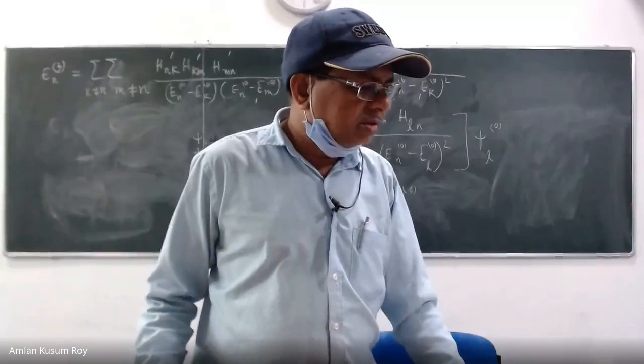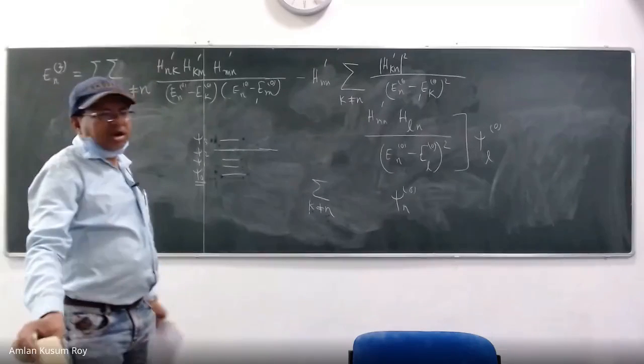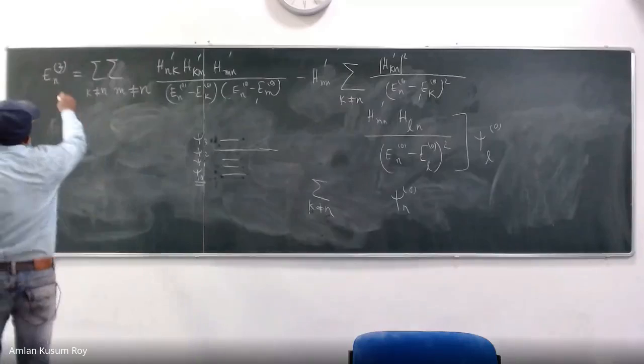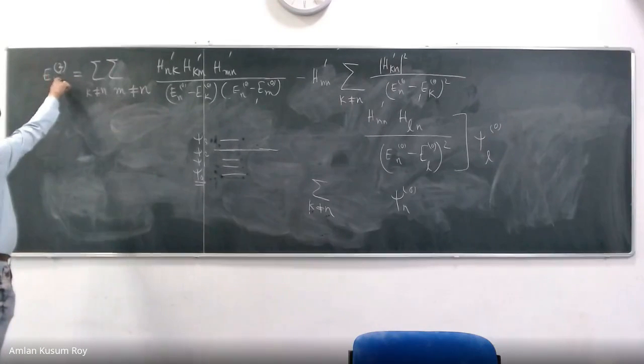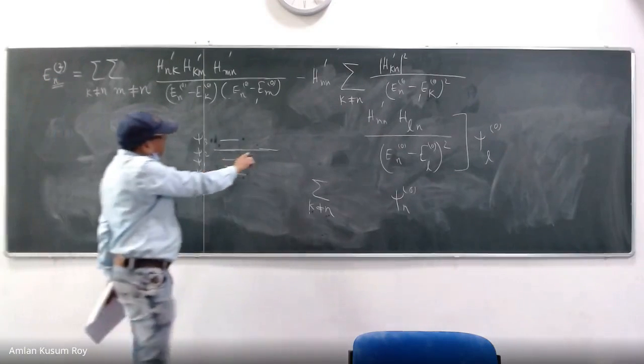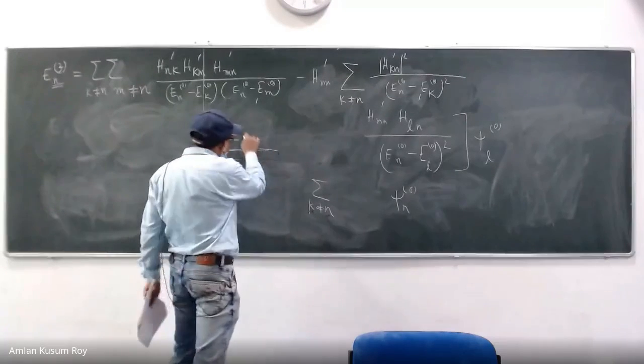Sir, for the third order energy correction, there is another term, m not equal to n. What is that m? This is what you are talking about, right? Yes, sir. Look at what is here. What is n? So now instead of first order and second order, you want to apply the third order correction on any of these states.